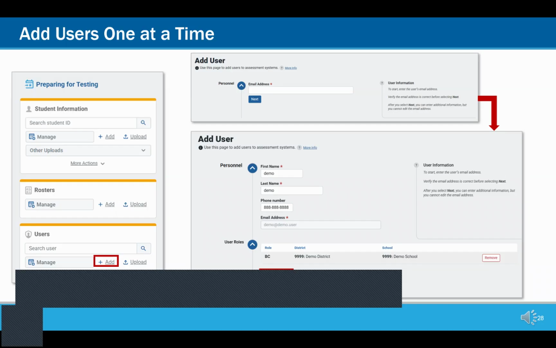The new user's email address will serve as their username when they log in to any Cambium assessment system. The new users you add will receive an activation email from donot.reply@cambiumassessment.com. It is important to note that most pages in Tide have more info text that describes the page and